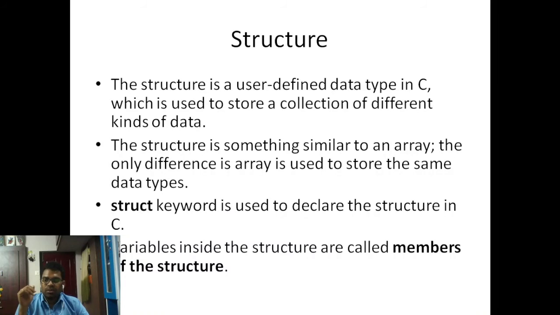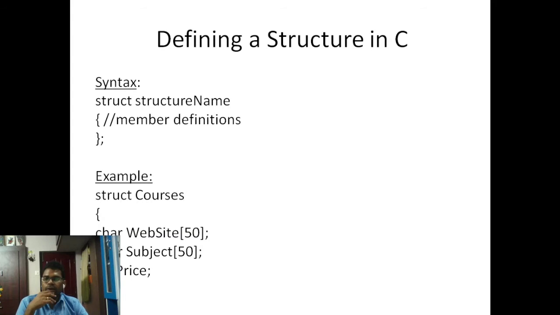If you look into the program itself, you can easily understand. Struct,